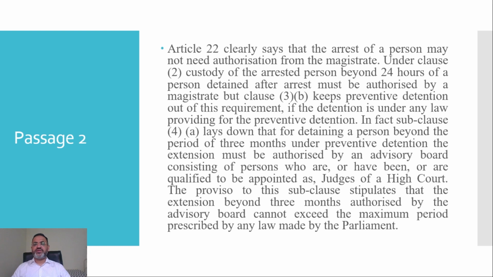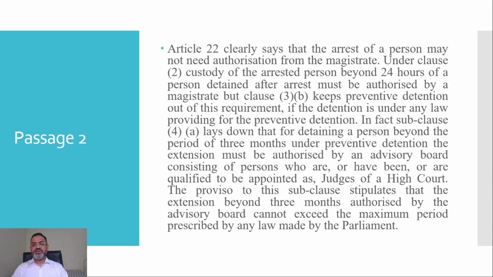Now, in fact, sub-clause 4(a) lays down that for detaining a person beyond the period of 3 months under preventive detention, the extension must be authorized by an advisory board consisting of persons who are or have been or are qualified to be appointed as judges of a High Court. So clause 4 is even contemplating a possibility where the extension may go beyond a period of 3 months. However, in that case, it provides for an advisory board whose consent must be obtained if the detention has to